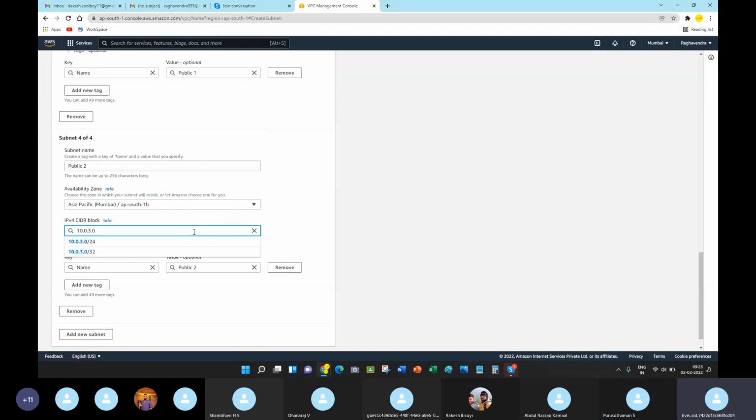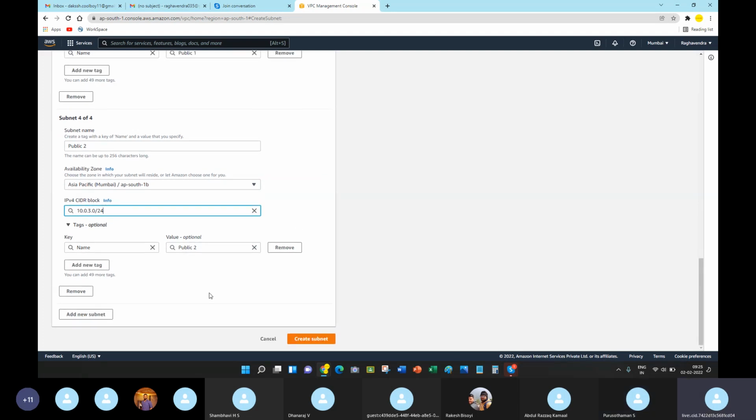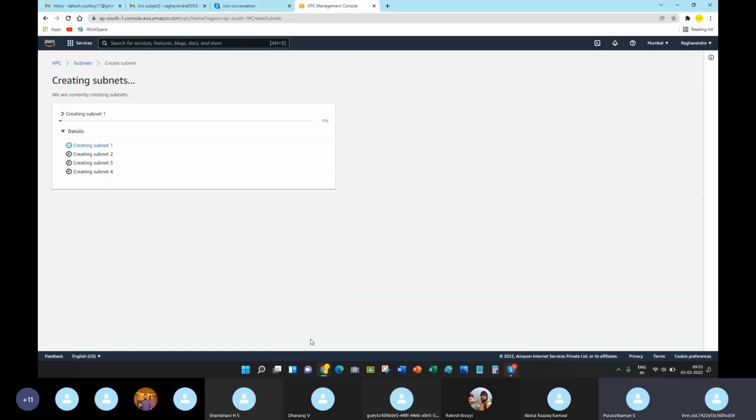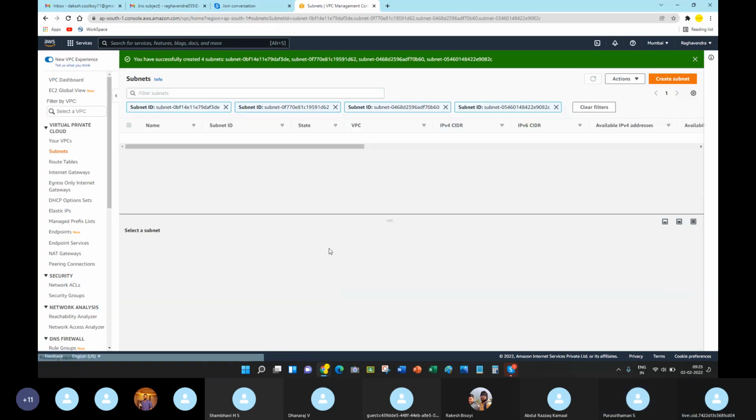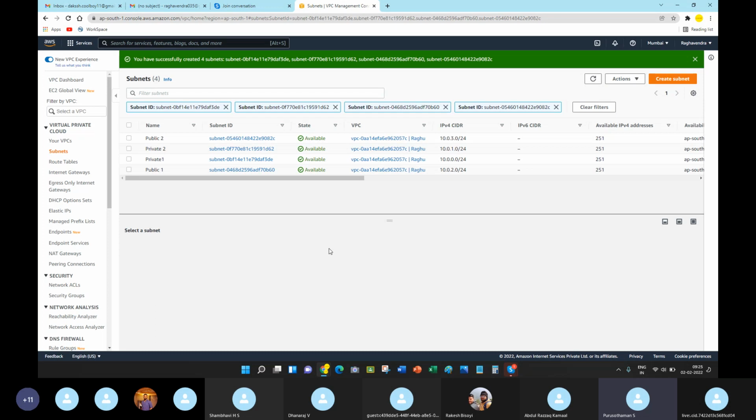Yeah, 10.0.3.0/24. So create subnet. Yeah, hit create subnet. So there is no conflict in the subnets. It has been created, and that's it. So you have created your VPC and subnets.